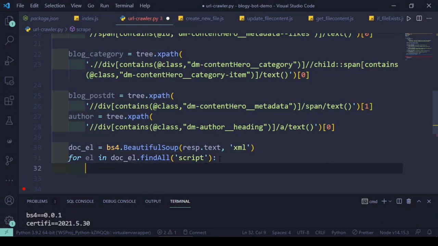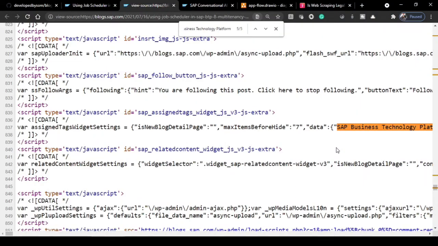Once I get that element, interestingly this data will be available within that particular section where the assign tag widget settings are. This data will not be available across any other place.